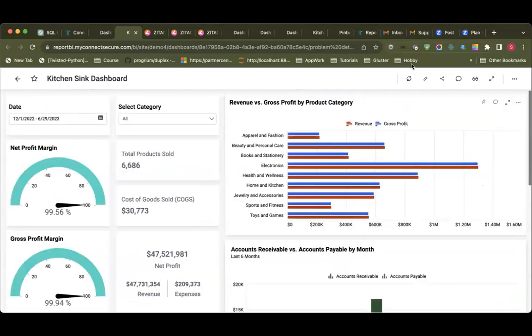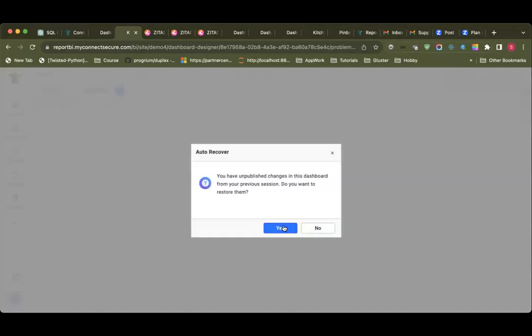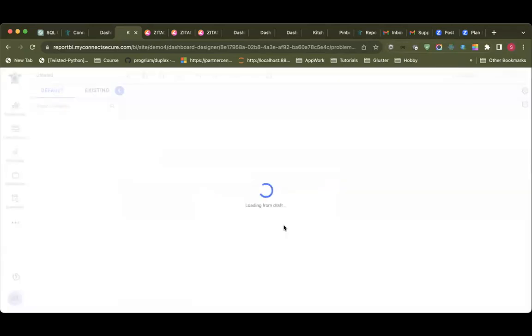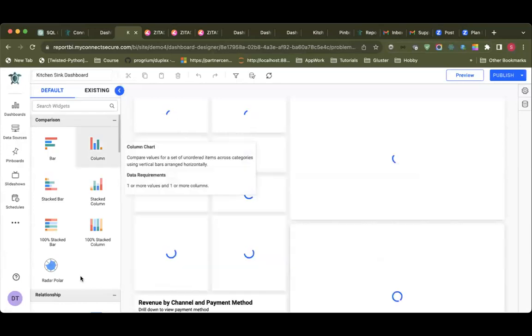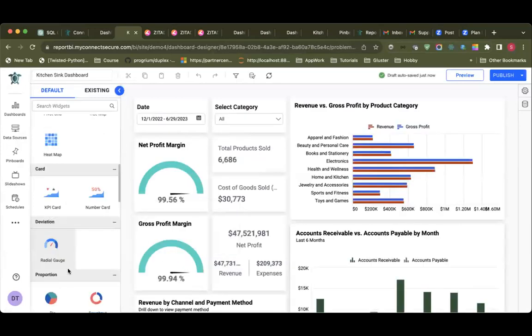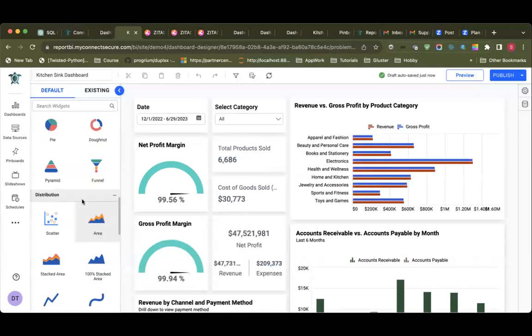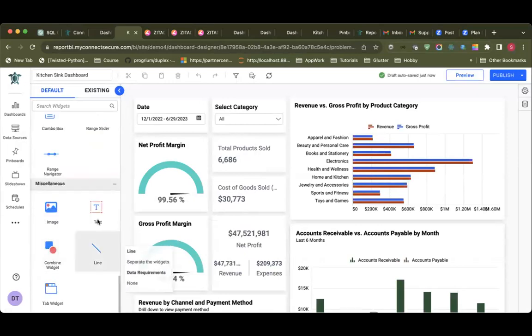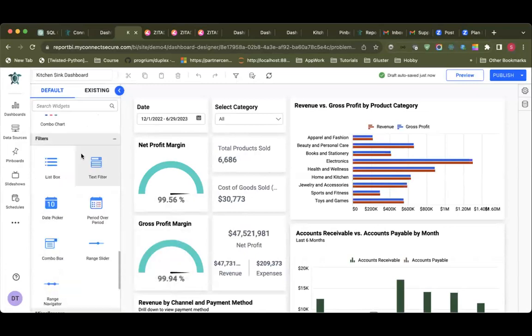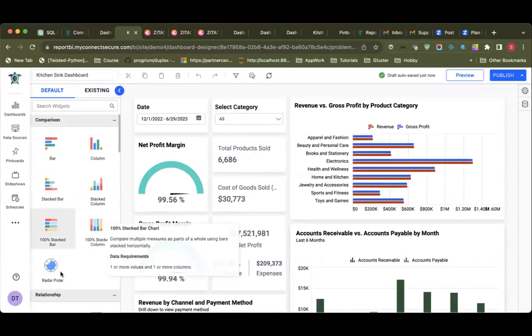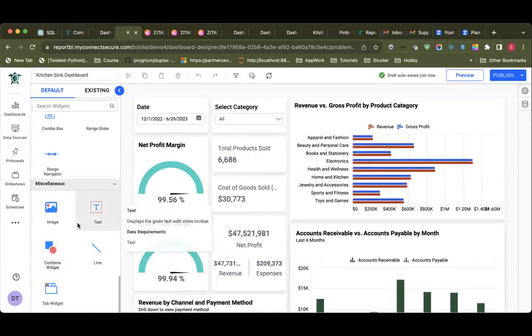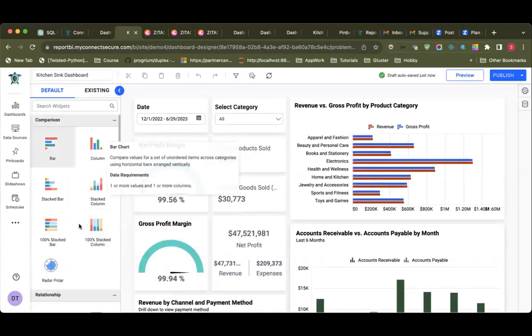Now, when you click on edit on any of this, you have a dashboard designer, okay? And then you have all these widgets that you have here. We have all of these widgets which we have created: radar polar charts, maps. You can put text, you can put images, you can combine widgets, you can put a tab. You have range filters. You can do a lot of things with this particular set of